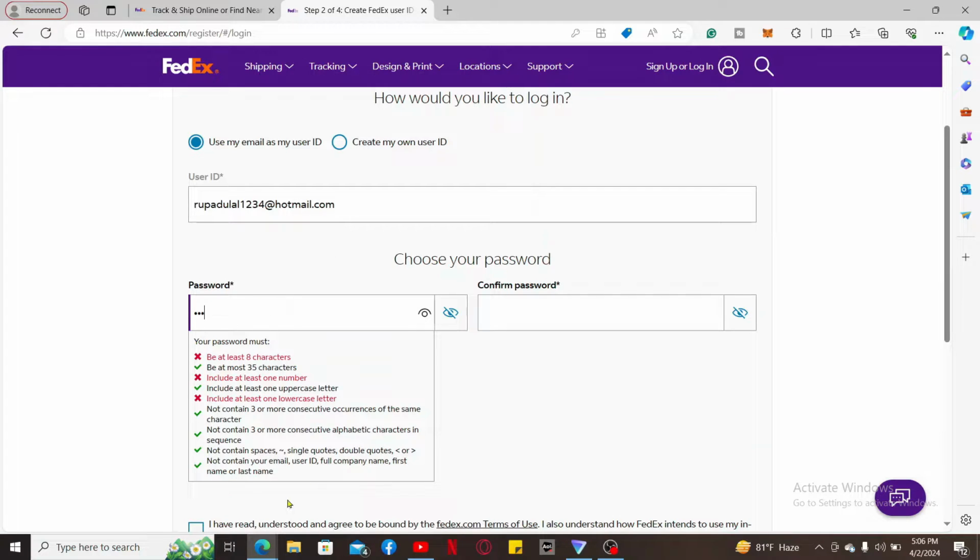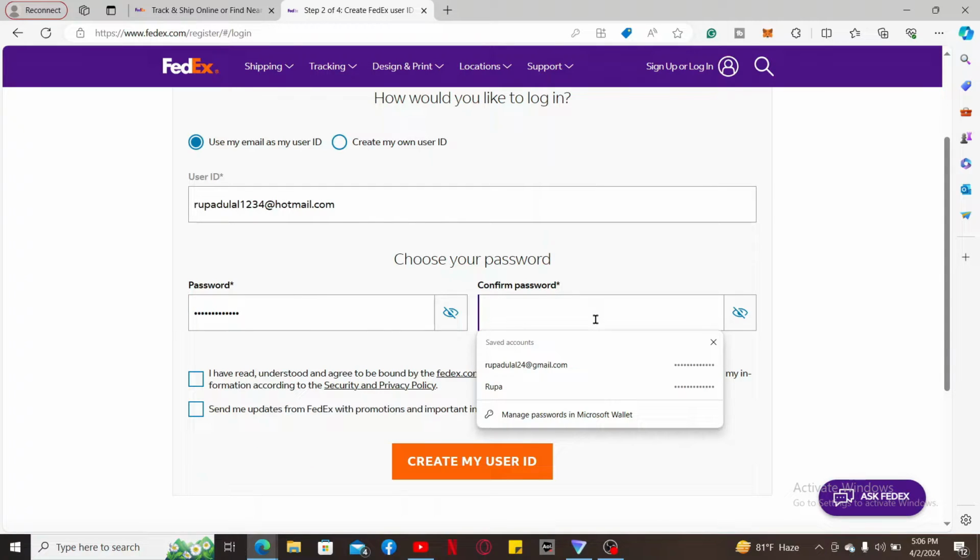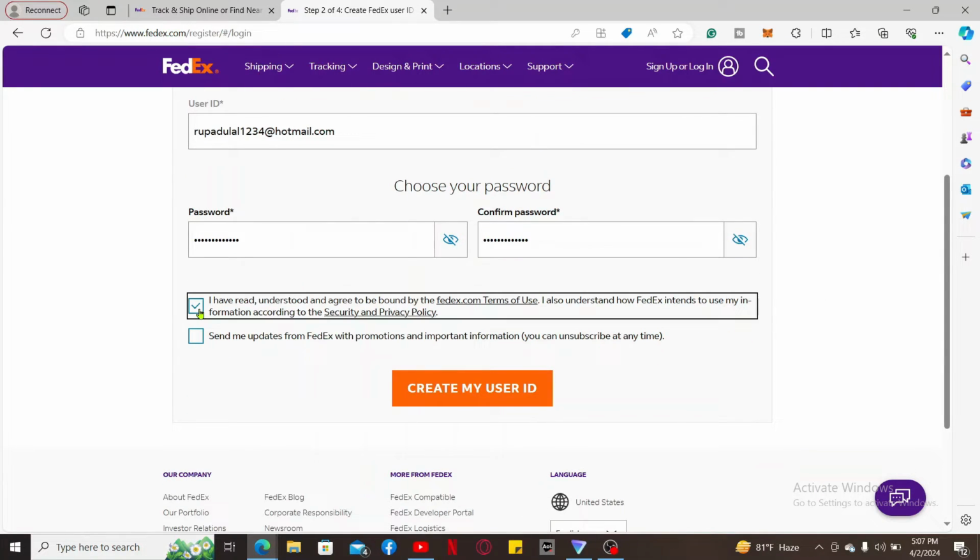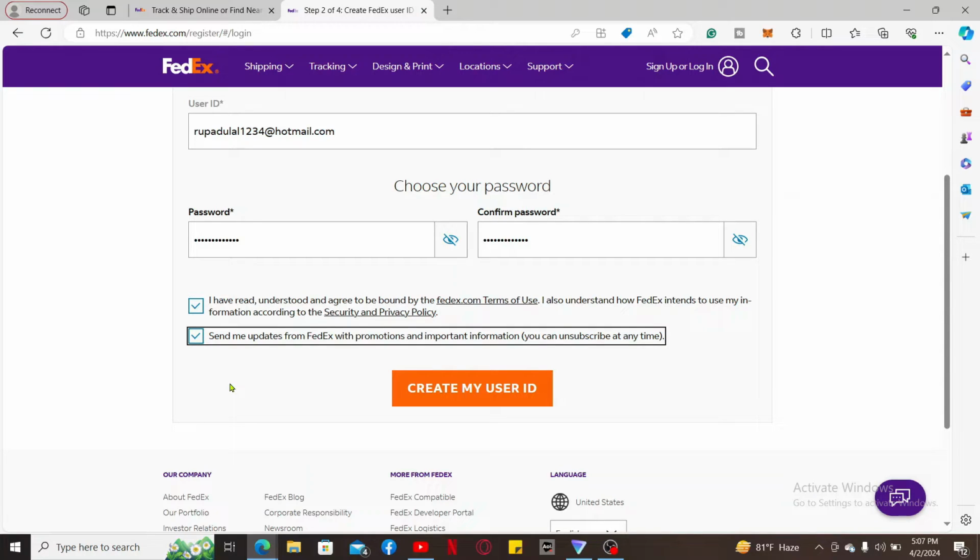Make sure that these criteria are mentioned in your password so that you can create a strong password for yourself. After creating a strong password, re-enter the password in the next field. After you are done, click on this I've read box, and if you want to receive updates from Fedex with promotions and important information, check this second box as well. If you don't want to receive them, you can simply leave it unchecked and click on